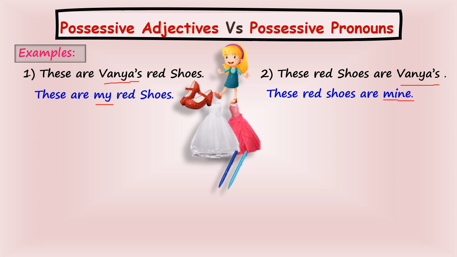Now how to know? That is fine that you have read that my is adjective and mine is pronoun. We use my as a possessive adjective and mine is a possessive pronoun. But why it is so, children? So here, to make you clear, I'll ask simply one question. Suppose I ask the question, whose red shoes are these?